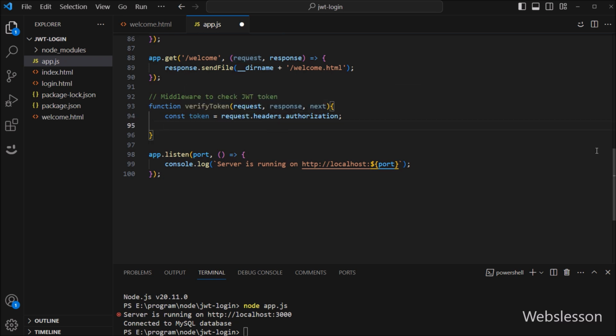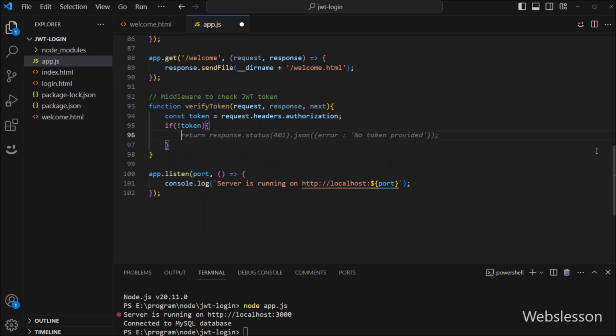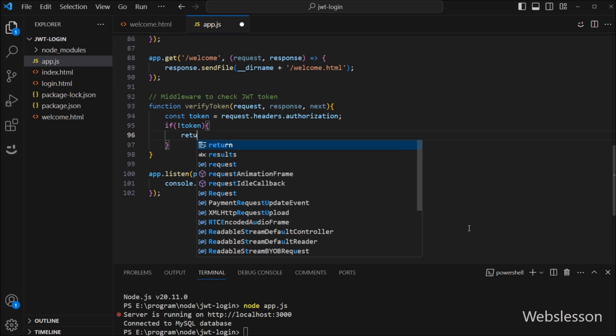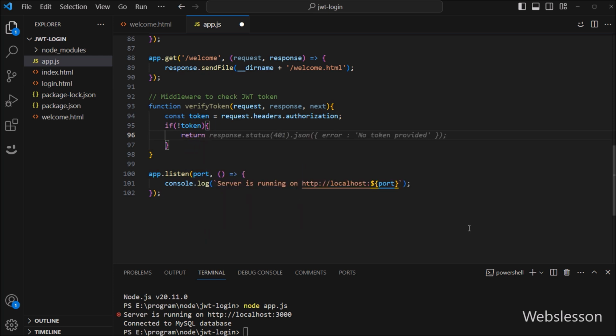Now we have to write an if statement, and under the condition, we have to write the not operator with the token variable. If the token value is not received, then it will execute the if block of code. And here, we have to write a return statement, and after this, we have to write